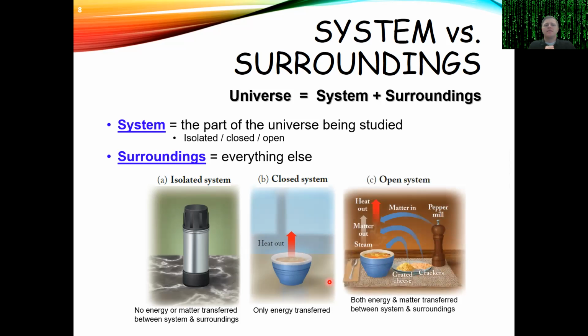And then the last type of system is an open system. This is like your bowl of soup with the lid off. You can add matter to it. You can add cheese to your soup. You can add some pepper. And some steam is going to be coming off the soup, at least if it's hot. And so matter is going to be in flux here. And heat can also move out of this system as it's equilibrating with its surroundings. Or you could even put ice in it to change the average temperature of it.